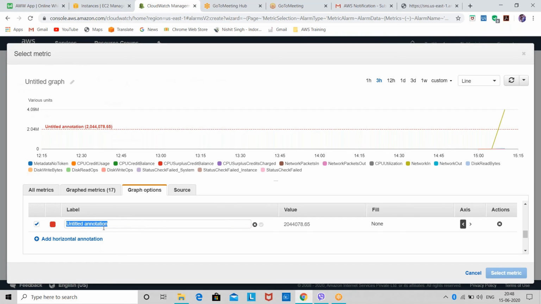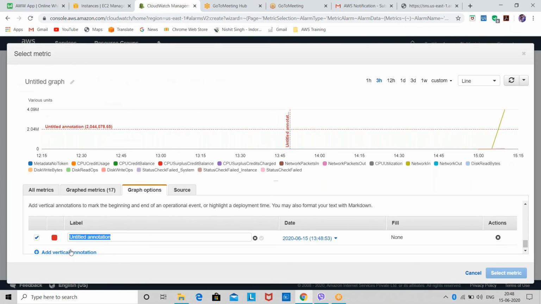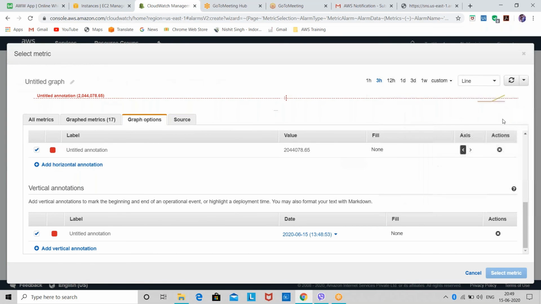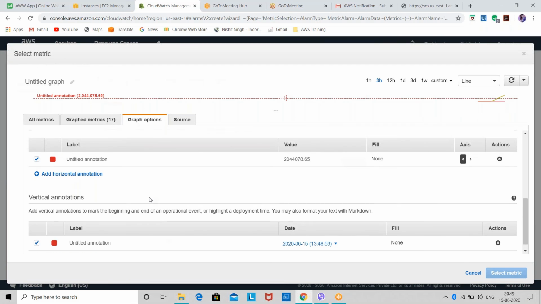So let's say time, and then you have to give the vertical annotation, so utilization. So this way you can give horizontal and vertical annotations as well.